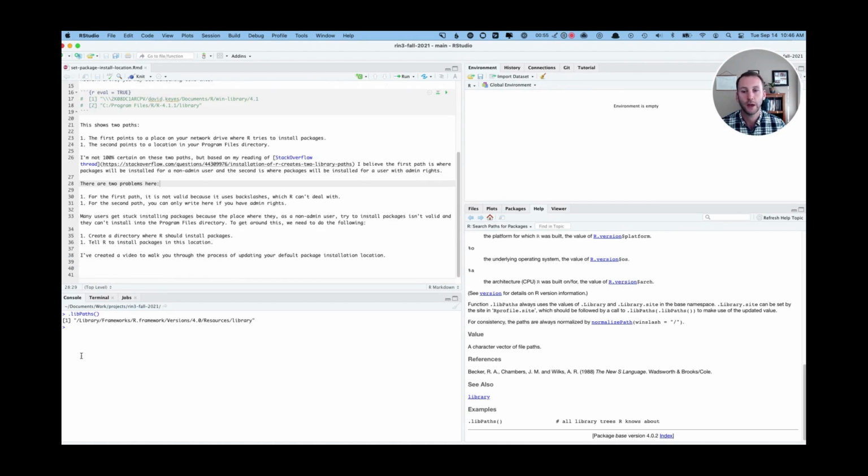So the way to do that is we can actually change the place where it's installed. Whoops, that's not what I want. Hold on. Oops, this is actually where this project is that I'm working in. Let me just change this. Let me just put it in my documents. So if I run that,